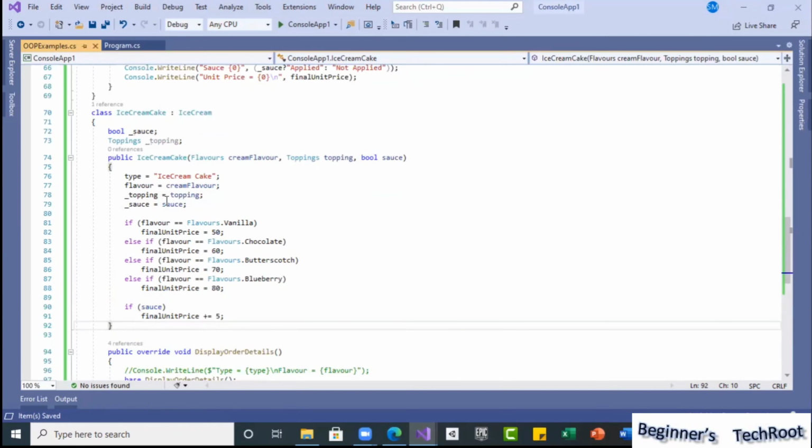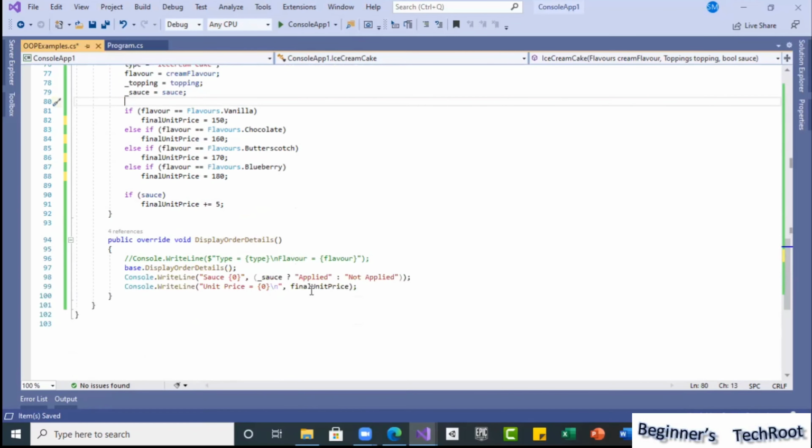cake is ready, and I want to give additional prices, as it is a cake. So I will just make the price, just for understanding, 150, 160, 170, 180 I will keep it. And if it is a sauce, I will leave it the same 5 rupees even for this also. Topping. And then now whatever the topping we are going to use. Okay, so for the toppings, whatever the toppings,